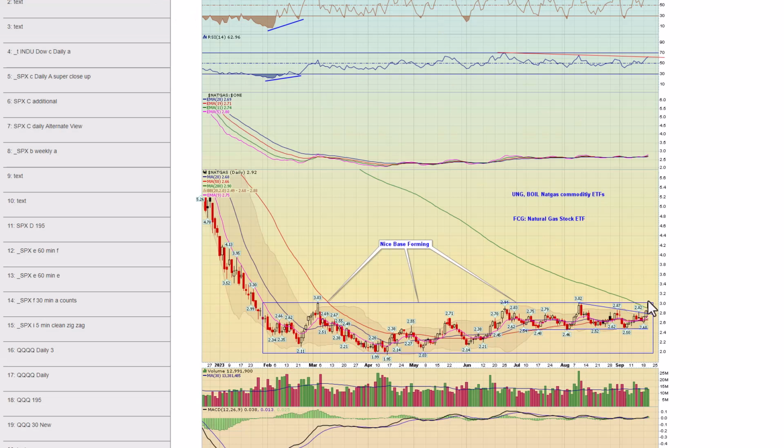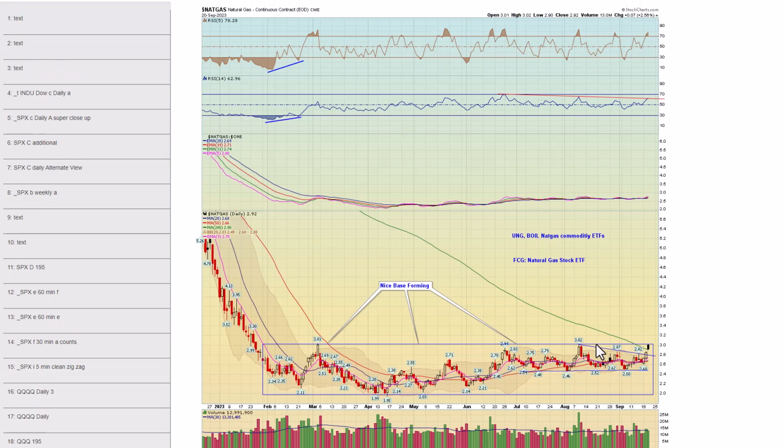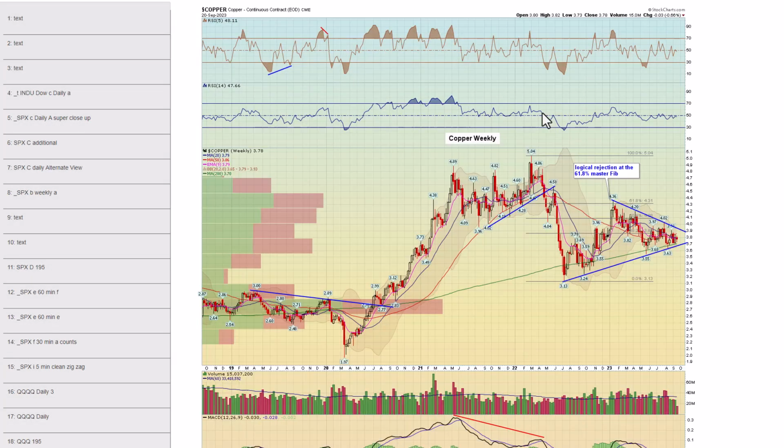Chart 53, here's natural gas. Was up today. The ETFs, UNG and BOIL, were actually down. The reason I think they were down is because this just shows the index, but likely the futures contract rolled over or something, and you're not seeing that represented in here. Next, chart 54, copper. This is the weekly chart, down about 0.6%, 0.7% this week. No changes here. I'm monitoring this big coil over time.